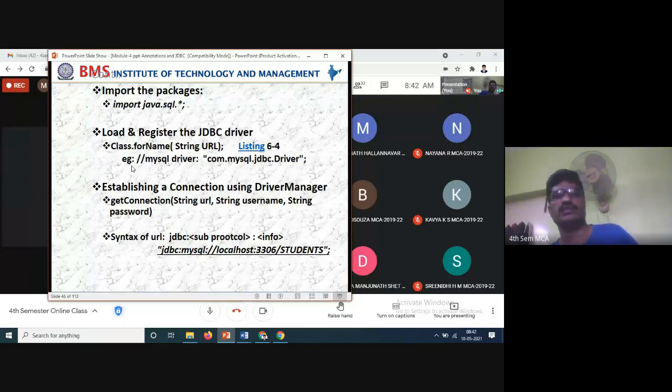This is the basic: import java.sql. Driver names you have to remember. Load and register JDBC is Class.forName(String), and connection establishment is getConnection(String URL, String username, String password).